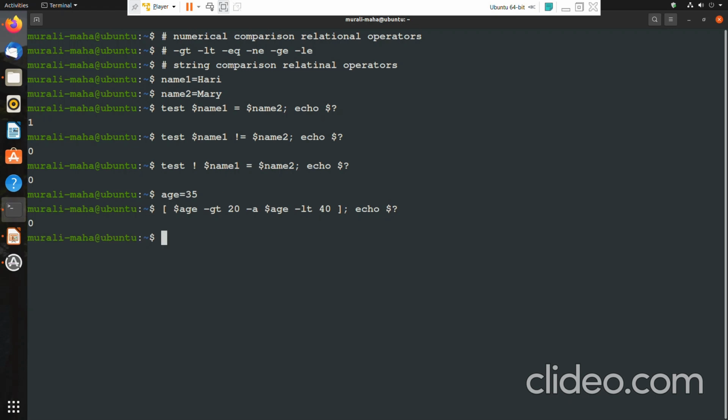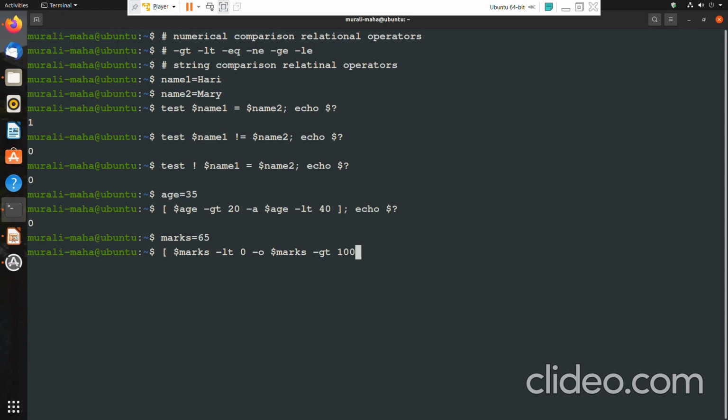We have an operator called the OR operator, the logical OR operator. Let us look at an example. For example, marks equal to 65. I want to do some validation: if marks is less than 0 or marks is greater than 100, I should tell that it's an invalid marks. That is my requirement. So I want to check whether marks is less than 0, or, here I will use the OR operator, $marks is greater than 100.